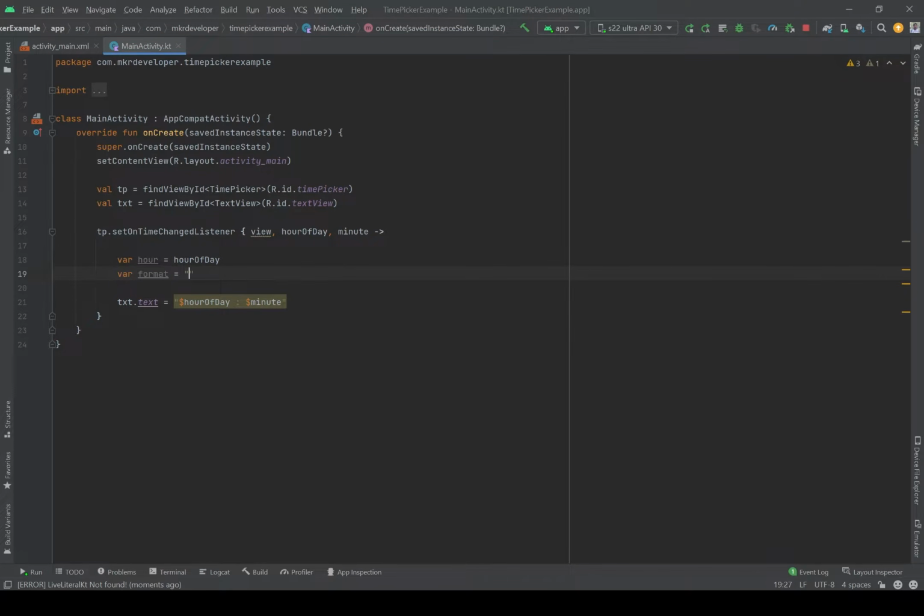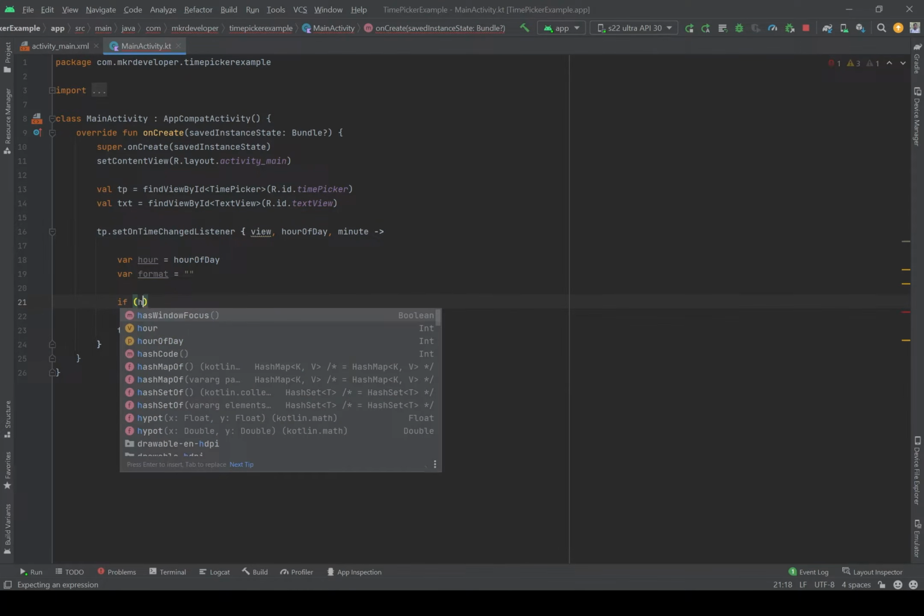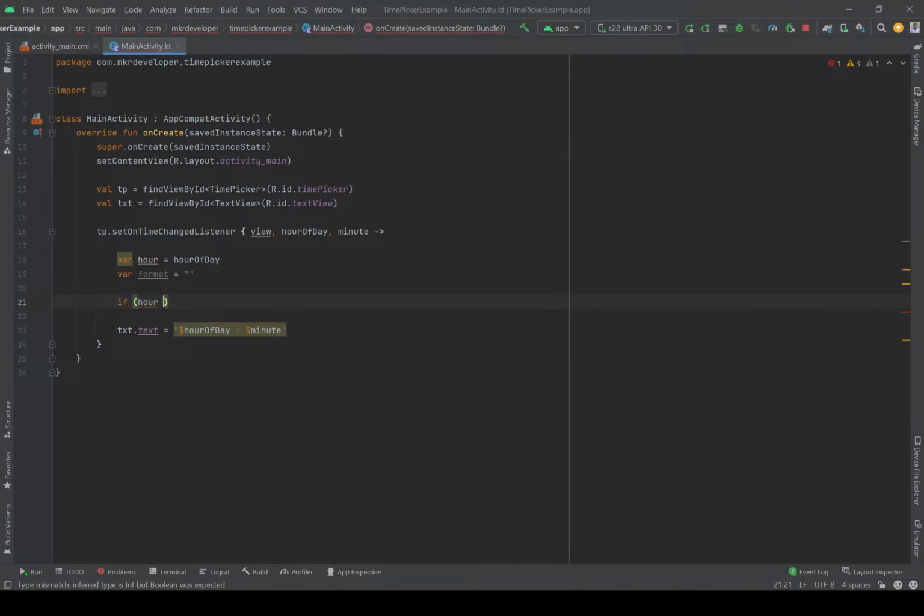For now it's empty. Then I have to check if the hour is larger or equal to 12, change the format to